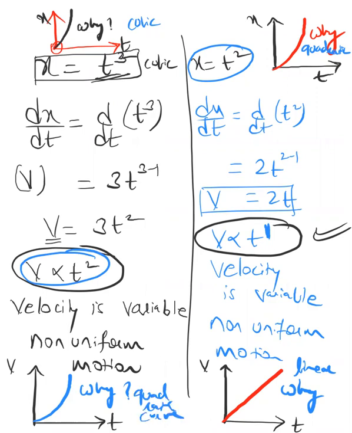Now see the contrast. Compare them. What can you compare? Here the power is t power 3. Here t power 2. Whatever is the power, 3, velocity is proportional to t with one power less. If it is 3 here, it is 2 here, right? And if it is 2 here, then it is 1 this side, right?